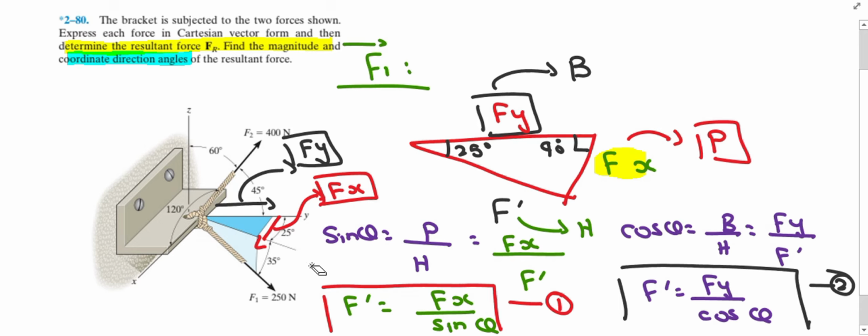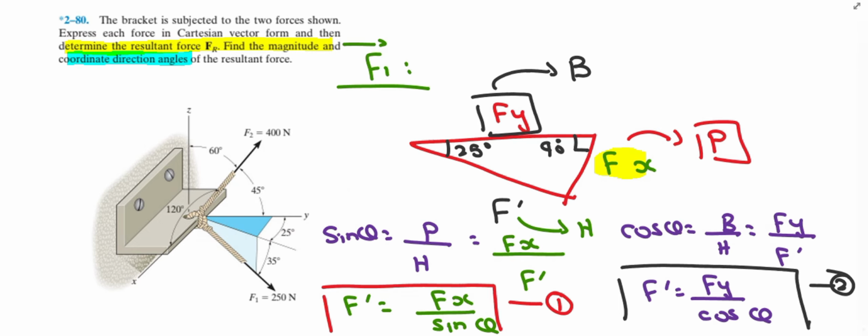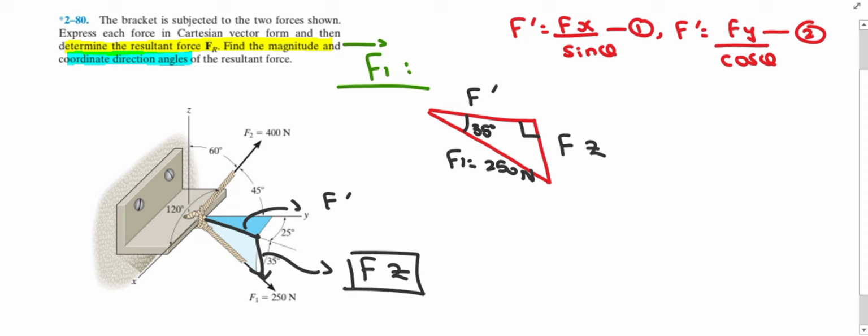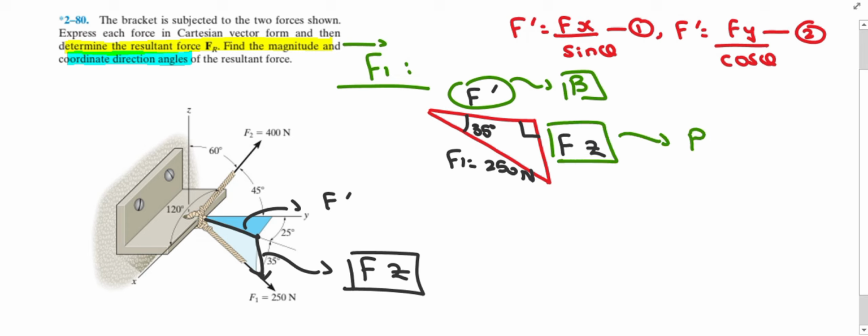Now this is for triangle number 1. Let's talk about the triangle number 2 here. So for that I am erasing some extra things from here. Now this is basically our triangle number 2 here. Okay, so according to the question diagram, not mine, this is basically our F prime, and this right here is basically our Fz, and Fz is acting vertically downward, so that's why it is negative. Okay, so if you see my diagram, the F prime is nothing but our base. Similarly, the opposite side of theta is nothing but the Fz, and it is our perpendicular, and the remaining side is nothing but our hypotenuse.